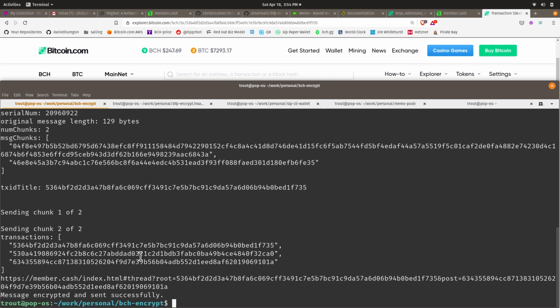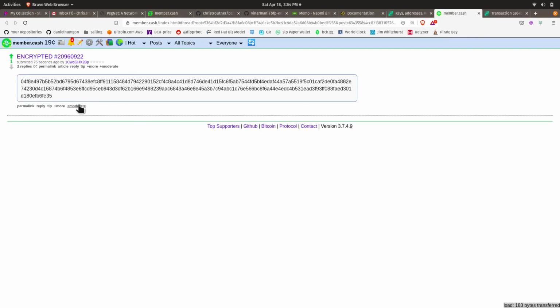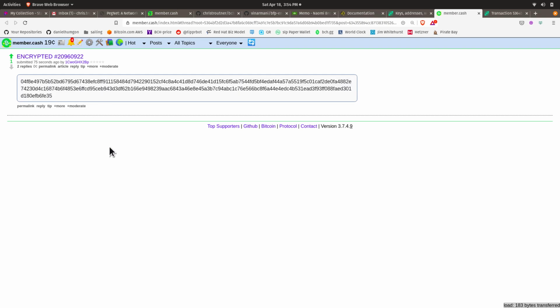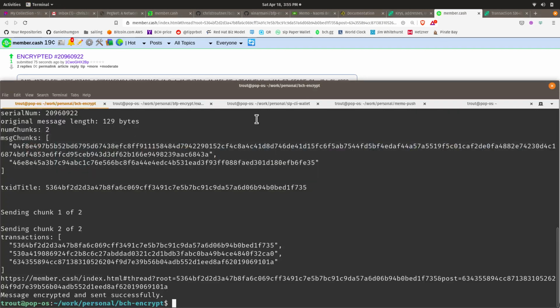So that's the first transaction, and then I sort of reverse engineered memo.cash and how they do their URL scheme. So at the end of it, I provide this URL that you can just click on, and it'll take you to this page. So this is the full encrypted message. Now, the next step is really to have a program just like this one automatically chunk out data and then broadcast transactions. Ideally, I would be able to reverse that situation, but to make my life easier, I'm leveraging this member.cash user interface.